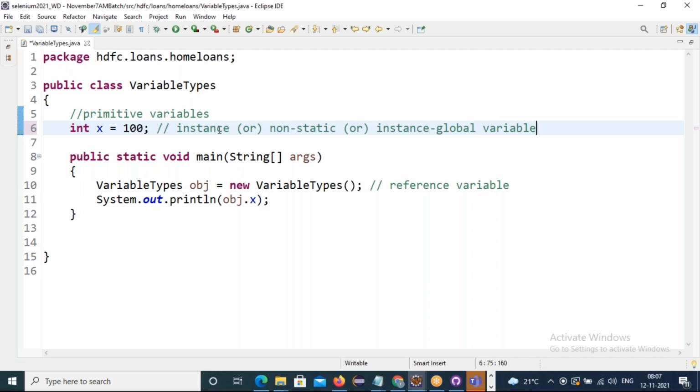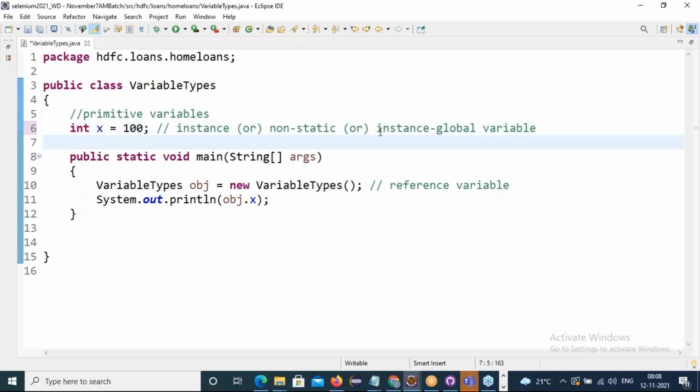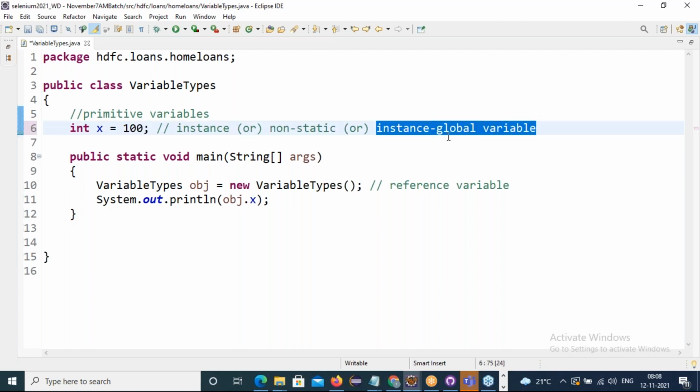Any name we can call. Why are we saying non-static? Because as a prefix to the variable, there is no static keyword. That's why this can be called a non-static primitive variable also. So the first type is the instance variable, which is defined inside a class, outside a method.